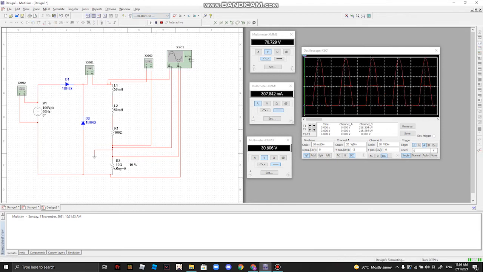As you can see, this is the VAC, 70.273 volt. This is the Iout, 307.7 milliampere, and this is the Vout, 30.774 volt. So as you can see from the waveform, there's no spike, and the V peak is 97.372 volt. In conclusion, by adding another freewheeling diode,